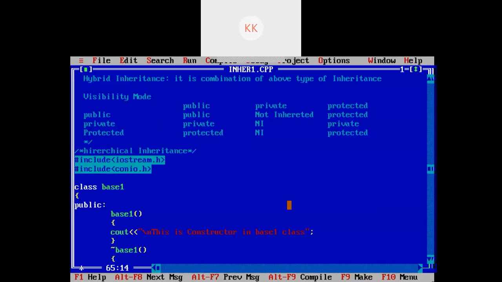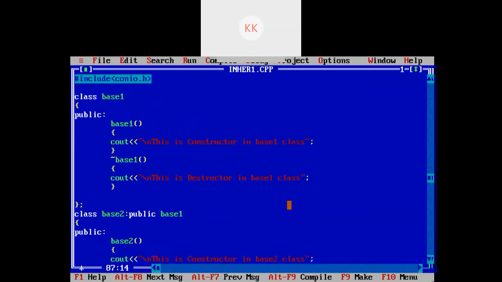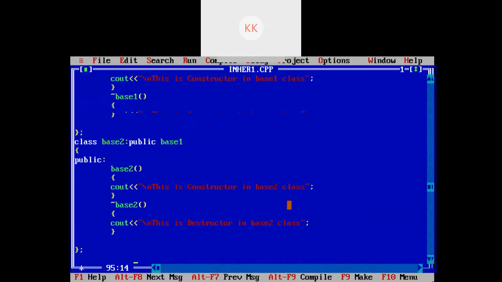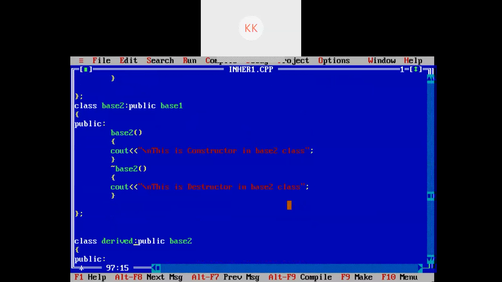Hierarchical inheritance. In hierarchical inheritance, one base class is derived to more than one derived class, right? So for example, we are having one base class, that is base 1, that is derived to base class 2, and again it can be derived to the derived class.